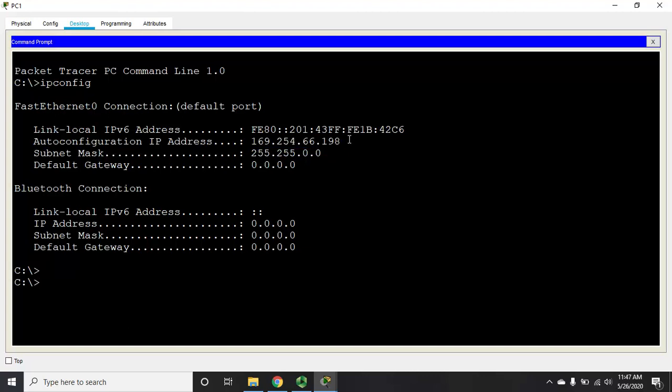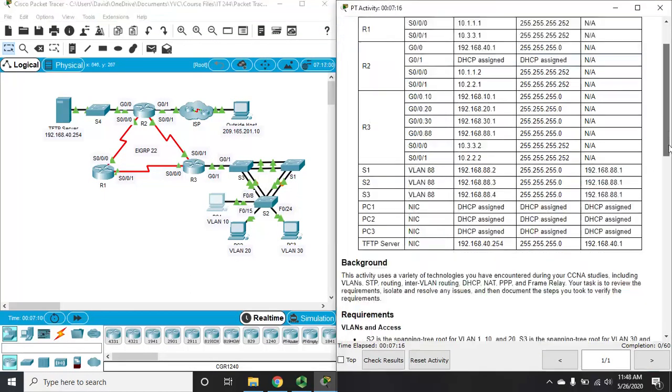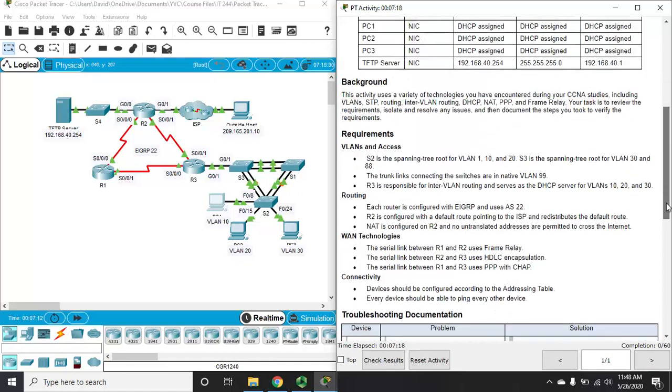Now, I don't know if it didn't and it hasn't gotten around to it yet or what, so I'm going to force it to do so right now. ipconfig /renew. And that'll force it to go out and try to grab an IP address. And it says our DHCP request failed. All right, now there's lots of reasons a DHCP request could fail. The DHCP server could be down. We could have connectivity issues between us and the DHCP server, which according to our documentation,